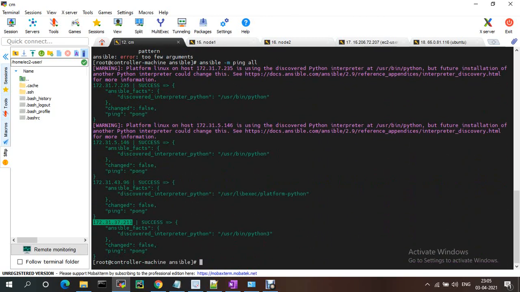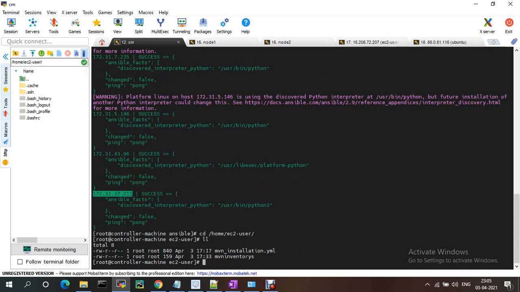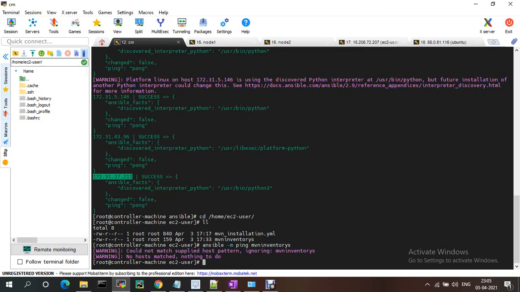So we're back to our own inventory location. cd /etc, Ansible all -m ping, and we could not supply host pattern, ignoring, no matches.